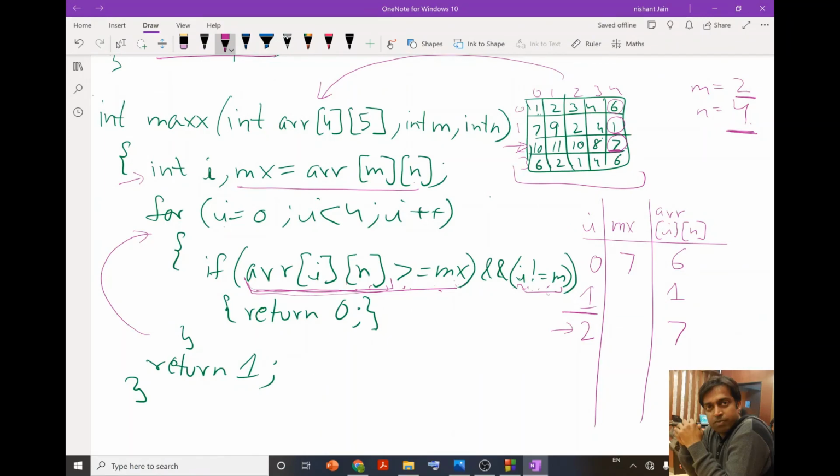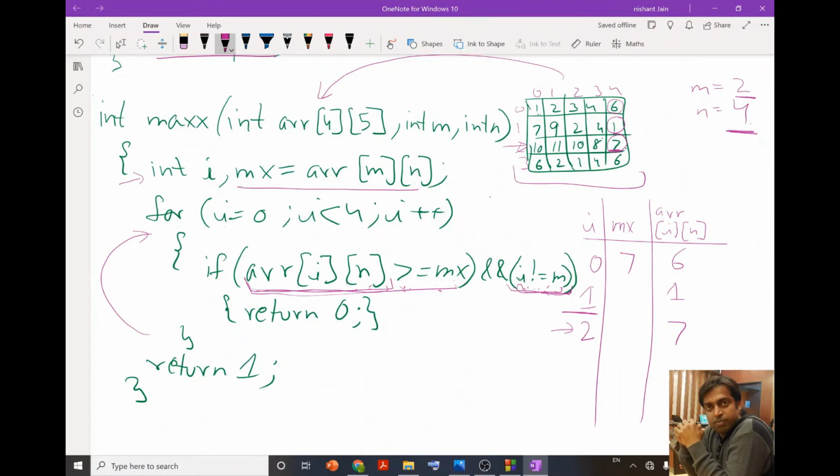That is the reason I put this condition, because at this particular point, if I do not put this, then because this is true, it will return 0, meaning it will simply show that there is no saddle point.